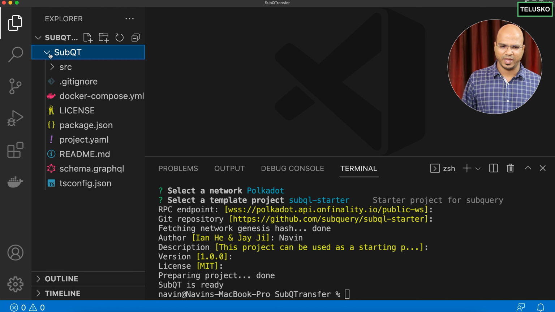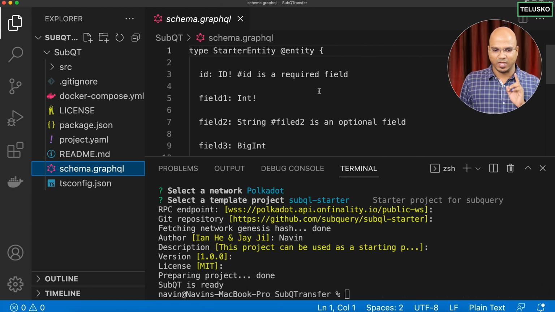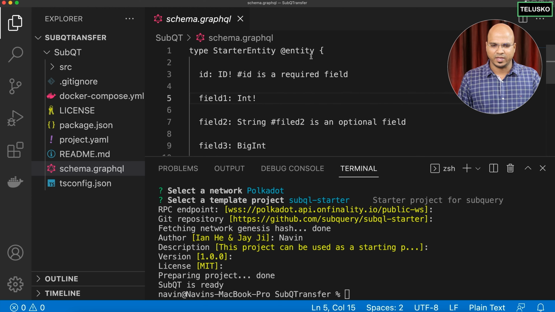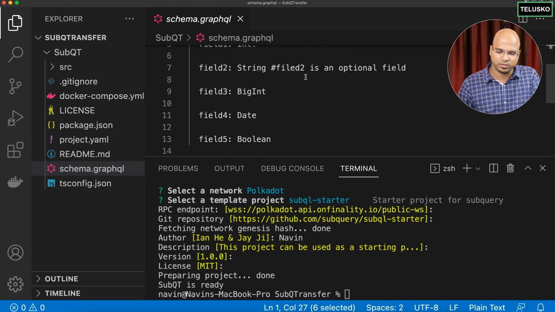But again, this is a bare bones service or bare bones code. I want to add the code in this project. And just to reiterate what we have learned before, whenever you want to fetch the data from a subquery project, you need to do that with the help of GraphQL, because you can specify what exact data you want to fetch. And in this, by default, they are giving a starter entity, which we are not going to use. It is giving an entity because that's how you represent what you want to fetch. And the fields, by default, are field 1, field 2. We'll not mention that, we'll change it with the data which we want.